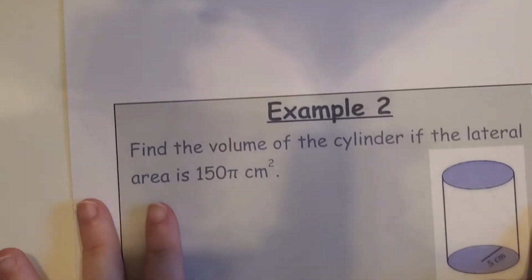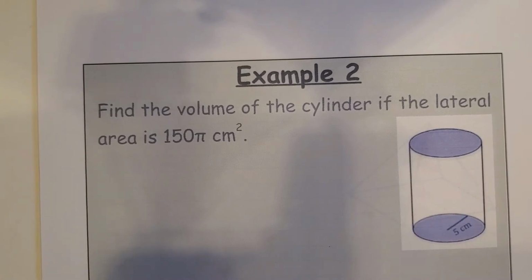Anyway. Find the volume of the cylinder if the lateral area is 150 centimeters. Well, if we go all the way back, the volume of a cylinder is pi r squared times the height. So that's what we're going to need